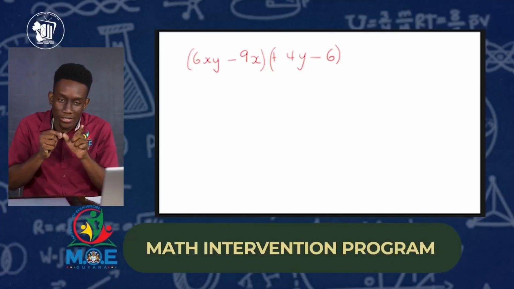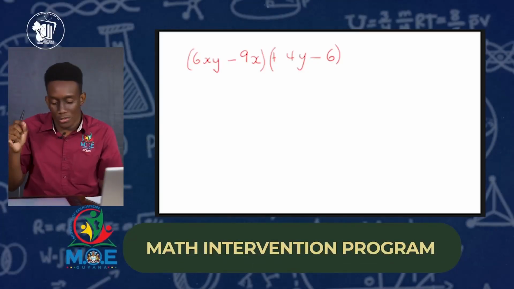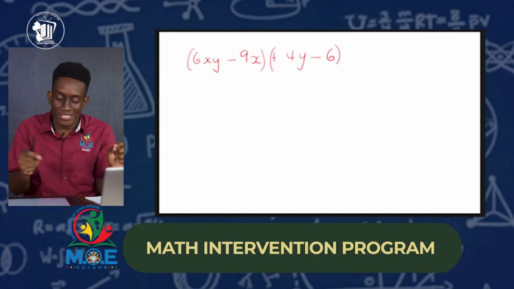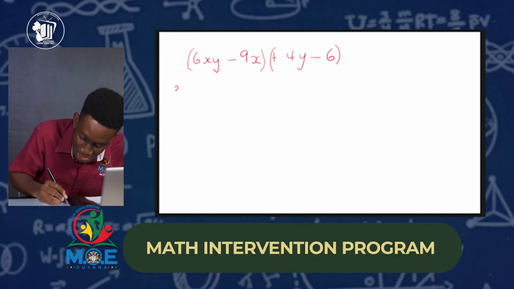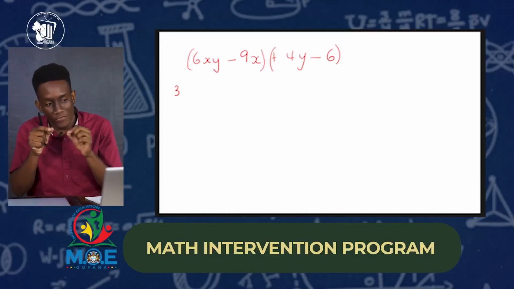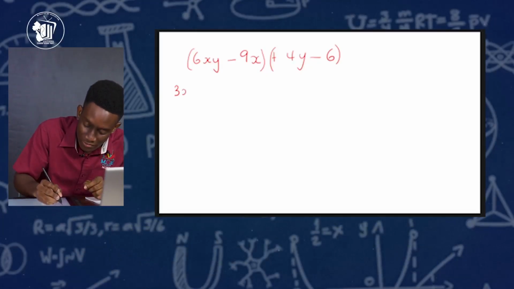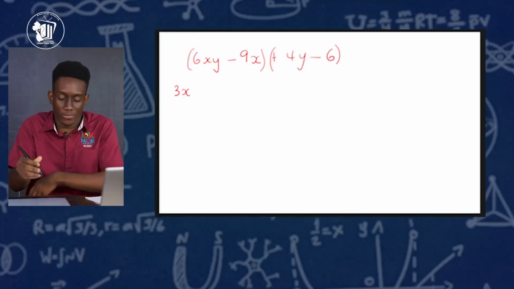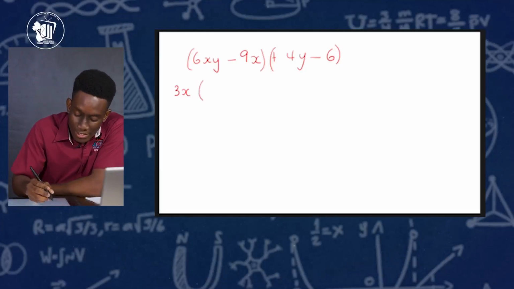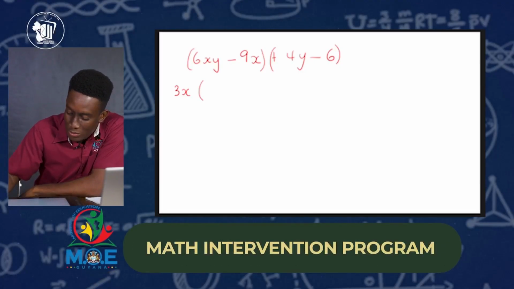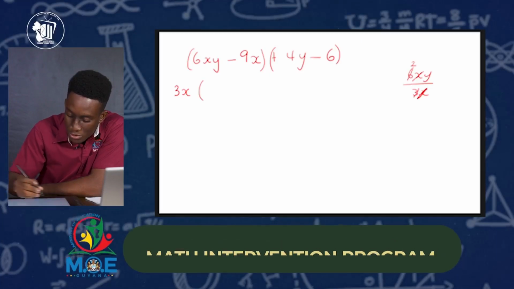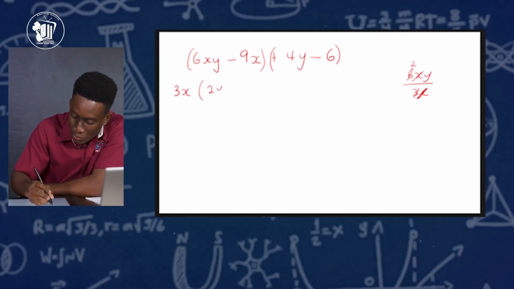So we look at the numbers. What is the highest common factor between 6 and 9? We see 3 is the highest common factor between 6 and 9. Then we have xy and we have x. We see x is the common factor. So we factor out the 3x from the first bracket. And now when we factor out 3x, I'll do a little work in here. So 6xy divided by 3x. This x will cancel with that x. 6 divided by 3 would give you 2. So we're left with 2y